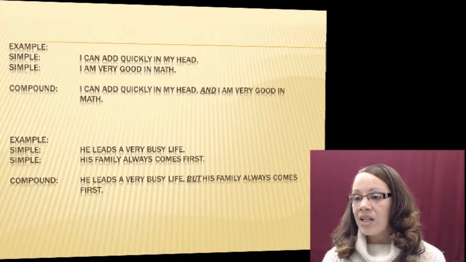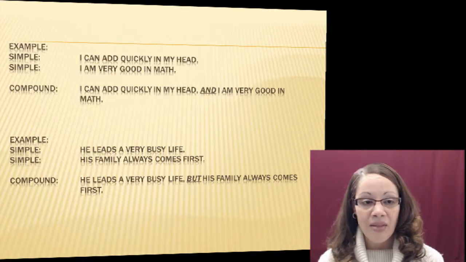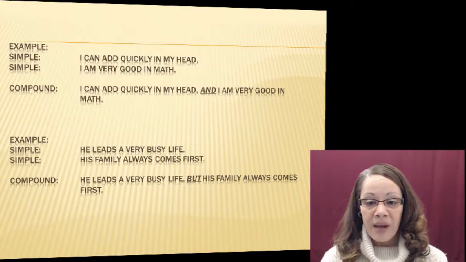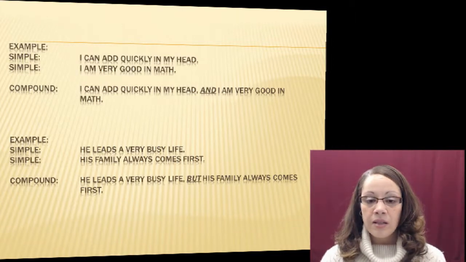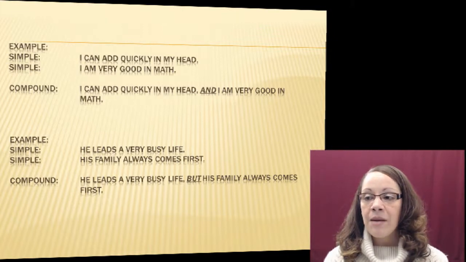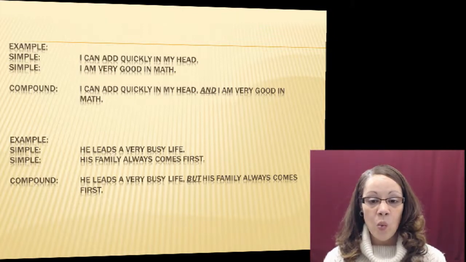My second simple sentence is I am very good in math. Am is my verb. Who or what am? I am. So I is my subject. I am very good in math is one complete thought. It has a subject of the sentence, a verb of the sentence. It is simple. Now I want to combine my 2 simple sentences into one using one of my coordinating conjunctions